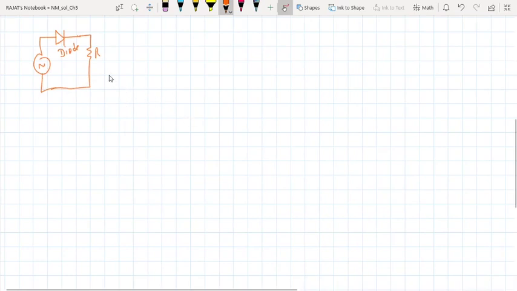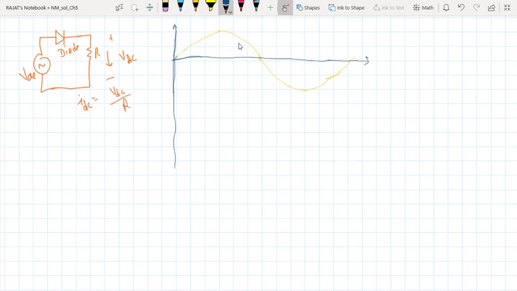Okay, so this is an AC supply here. Suppose this is a VAC, and what voltage is here, this is a DC, and what current is flowing through it, this is the IDC, and IDC is equal to VDC by R. Okay. So this is an AC signal, this is a peak of the signal, and this is a minus peak